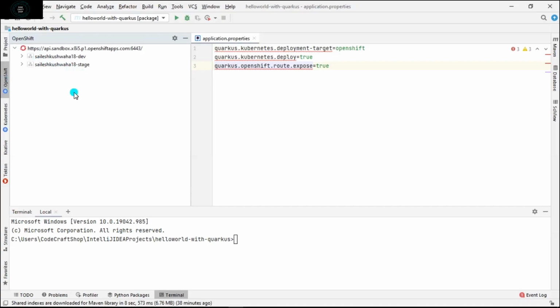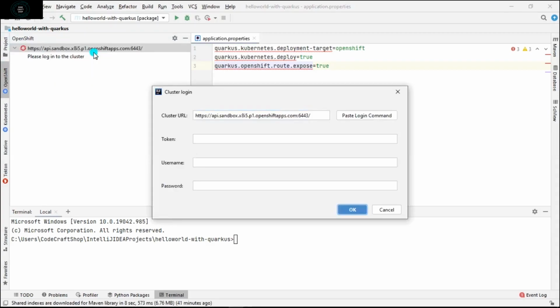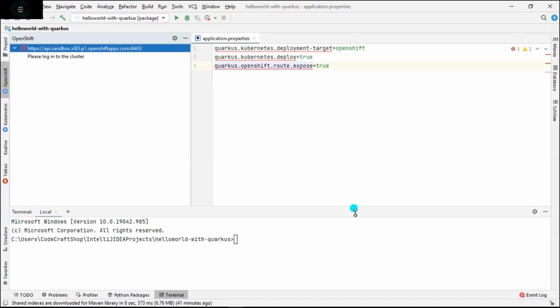Once the plugin is installed, a new option with the name OpenShift gets displayed over here, and this is the cluster with which I have logged in already. So I have logged out of the cluster, and then I will log in again. In order to log in, I will click on this, and then I will pass the token, and I will click on the OK button.